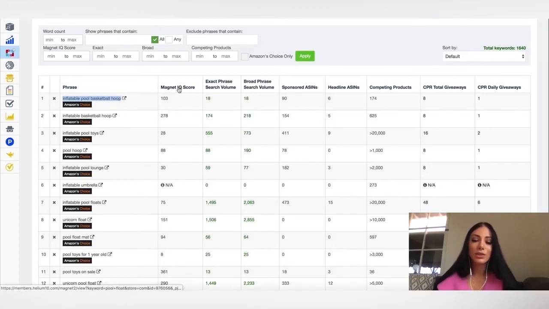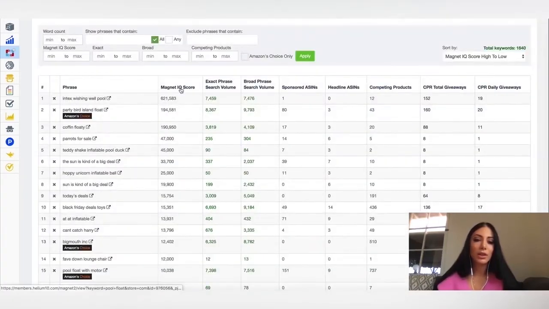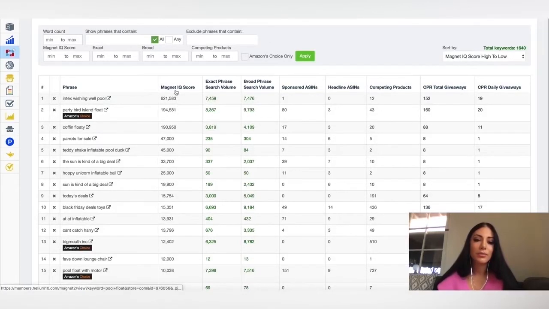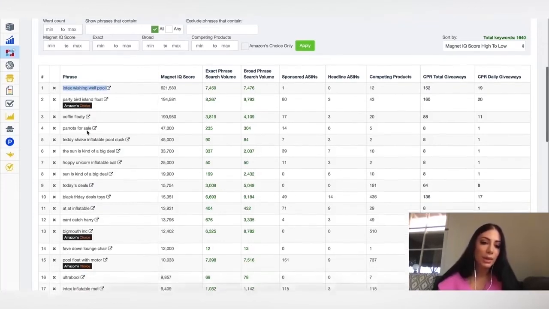So the Magnet IQ score is basically going to tell you how good this product is. Basically going to show you how much search volume there is compared to competition. So the higher the IQ score, the better for you. The lower IQ score, the more competition there is for the search term. So this term, in-text wishing well pool, may not be applicable to me if I'm selling a pool float, but perhaps,